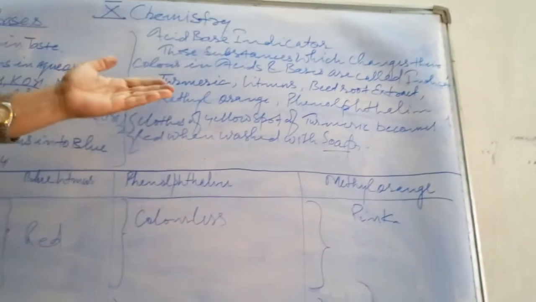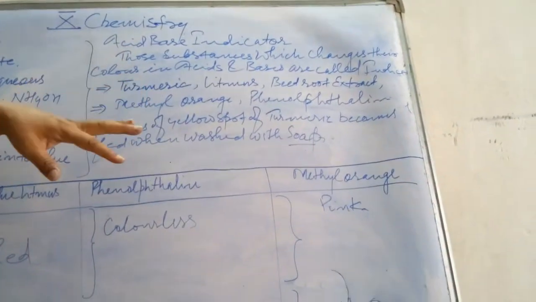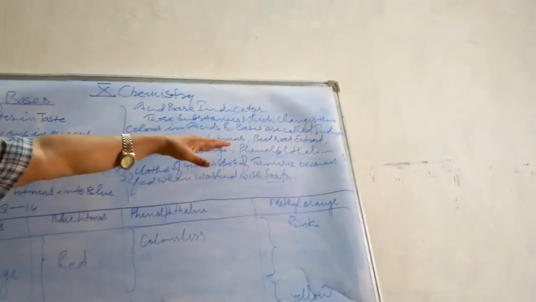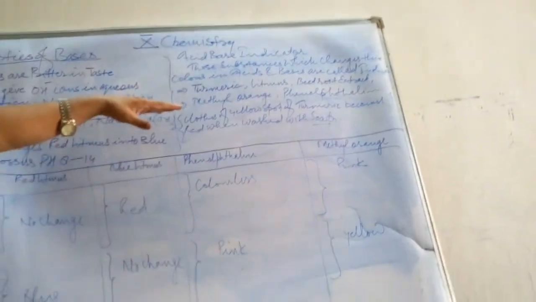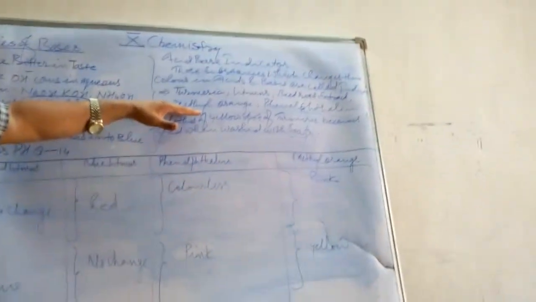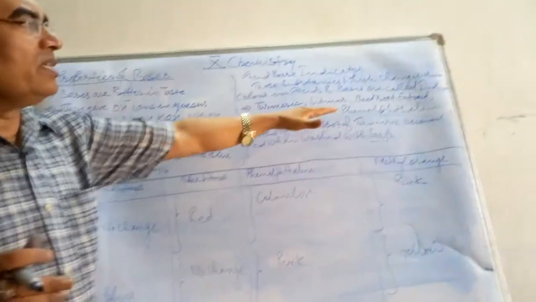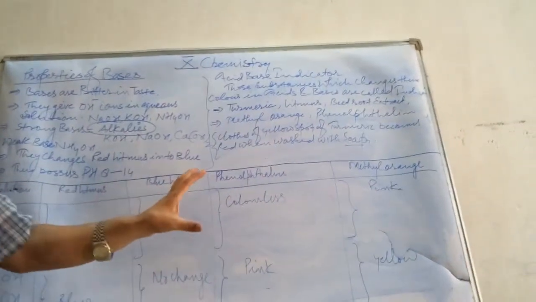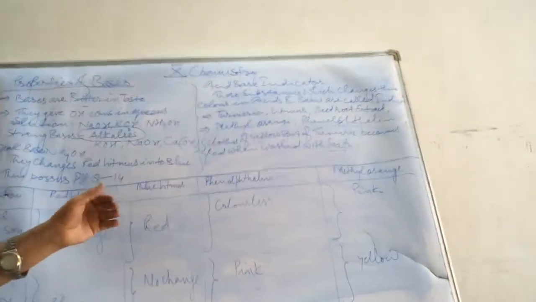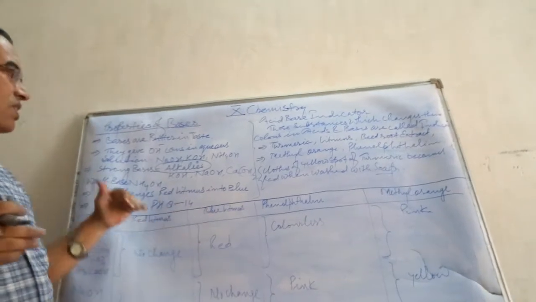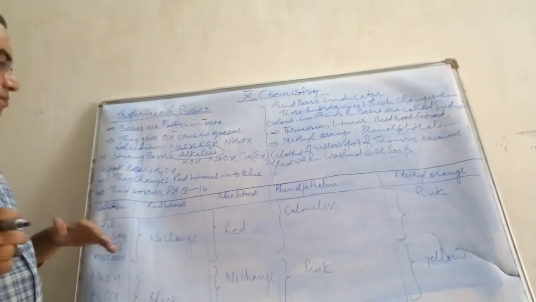In acid base indicators, the natural indicators: this is the first one, turmeric. Then litmus solution. Litmus solutions are of two types, red litmus and blue litmus, and then beetroot extract. The synthetic indicators, two are very common for your study, that is methyl orange and phenolphthalein. So we will discuss through a chart what observation you will find with acids and bases when we use natural and synthetic indicators.